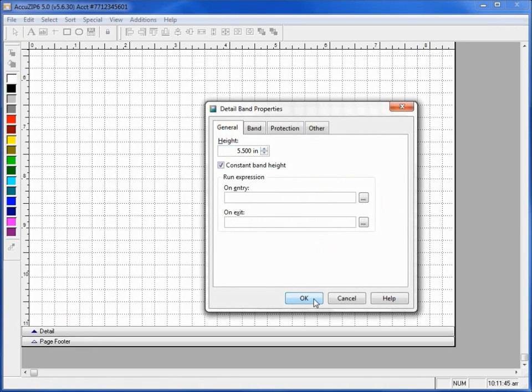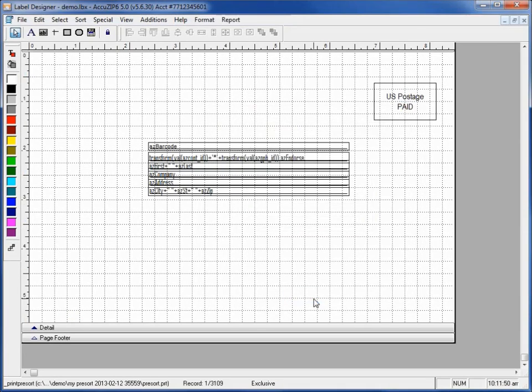If the detail height is larger than the paper height, then I'll get a detail band too large error when I try to print or preview this template. So now I've set my detail height to 5.5 inches. If I wanted to make this a 2-column